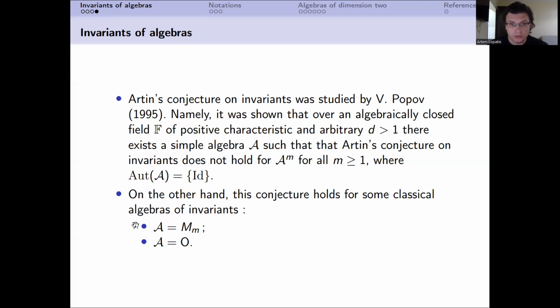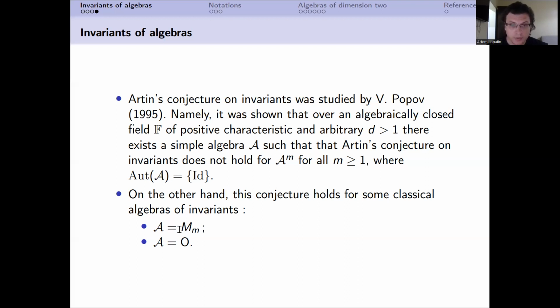And now we can consider two classical situations. The first classical situation is n by n matrices. I have already mentioned it several times. So if we have several copies of matrices, the action is by the general linear group, in this case, n by n matrices by conjugation, of course. And in the characteristic 0 case, the algebra of invariants is generated by traces of products of matrices.